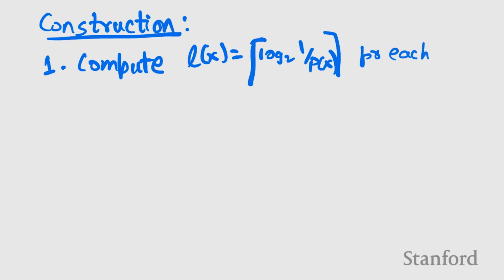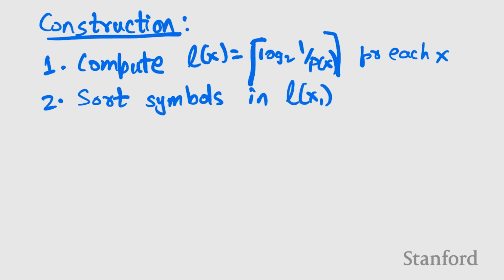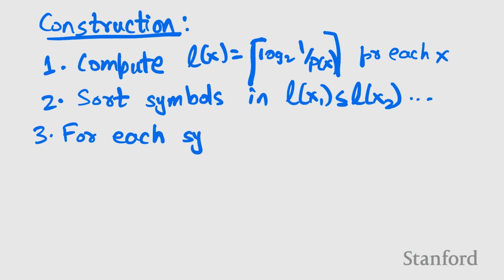Then sort the symbols in increasing order of the lengths, Lx1 ≤ Lx2 ≤ ... For each symbol x, in the order that we just sorted them in,